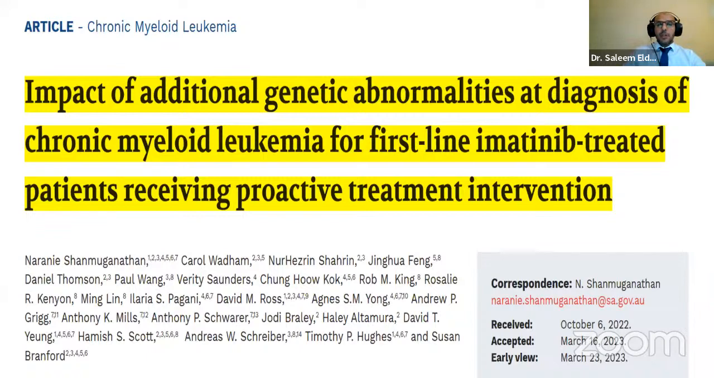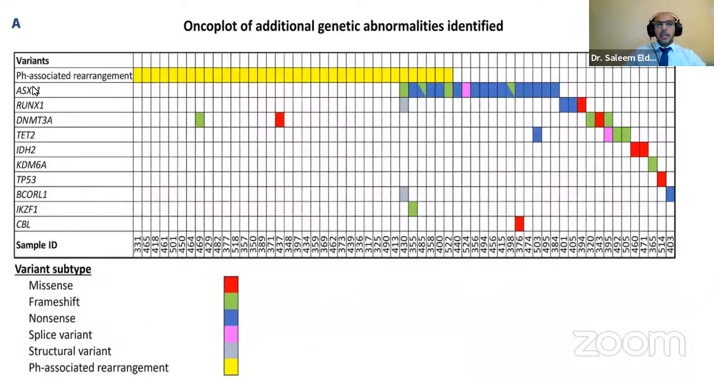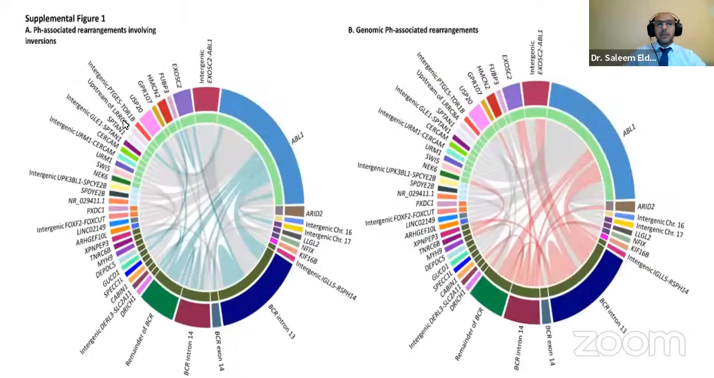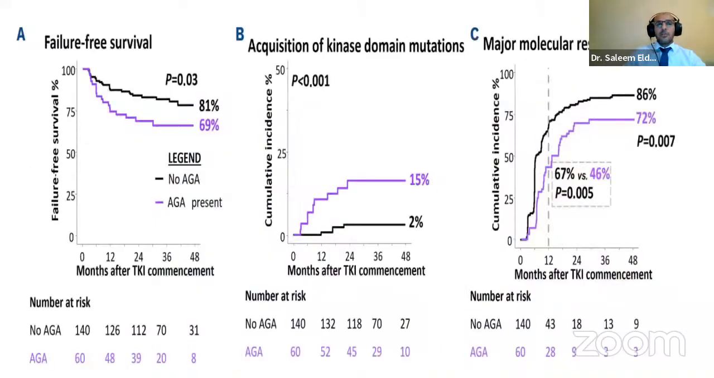Additionally, patients with additional genetic abnormalities in addition to the somatic mutation, mainly what's called the Ph-associated rearrangements, which are complex rearrangements, including inversion, deletion, and additional transcript. These Ph-associated rearrangements have been shown in this paper from Australia to be